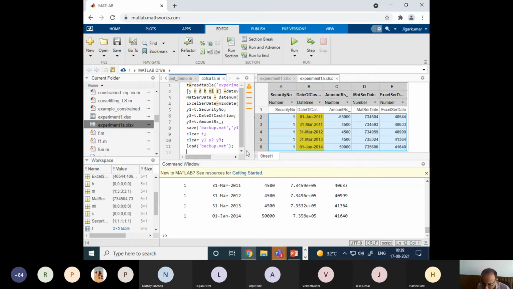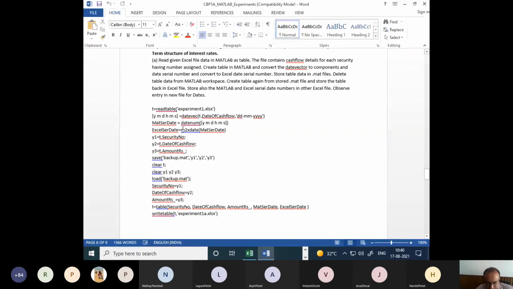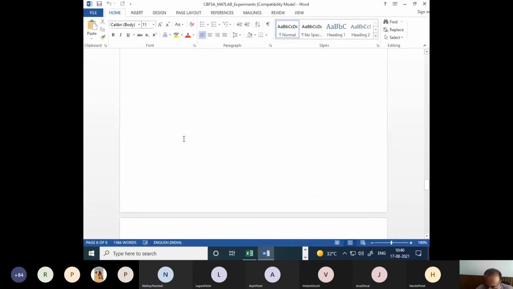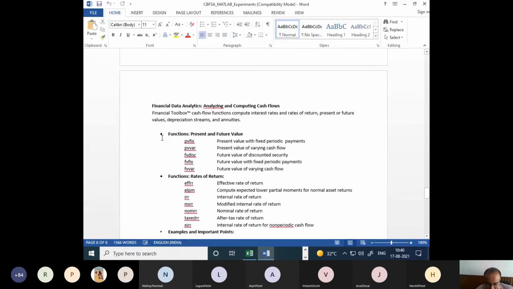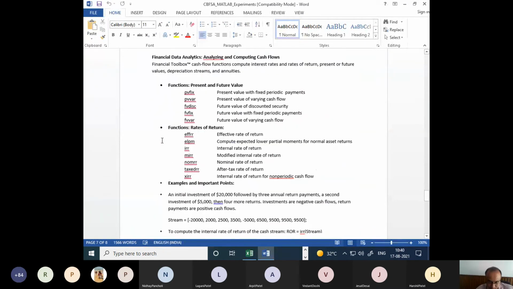This is only part of our first experiment. Actually, we have to do so many other financial analytics on it. This is just simple file handling, data handling. Not getting any question, so I understand it is OK. Let me go to my Word document again, taking a pause of half a minute. OK, so this part we have cleared, but hopefully you practice. Now we go with the next thing that is very important, financial data analytics.